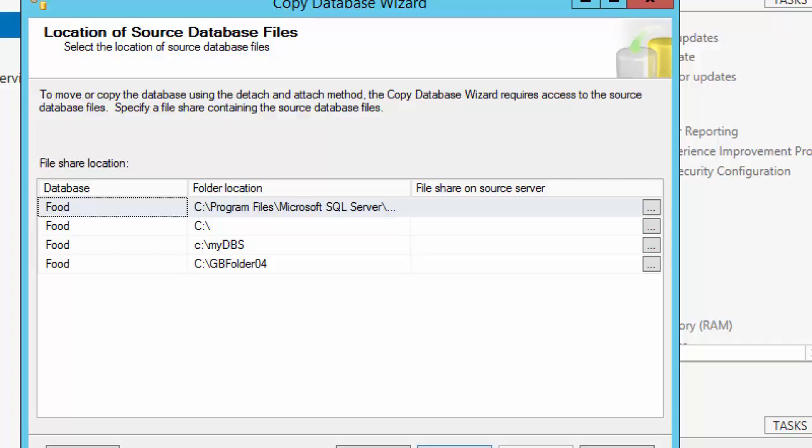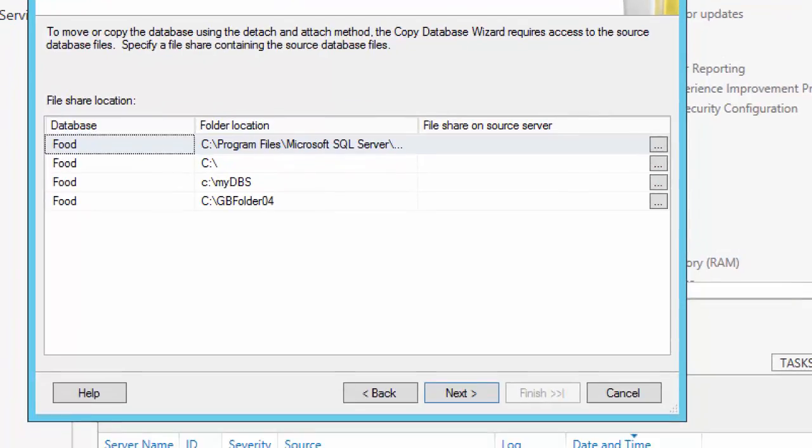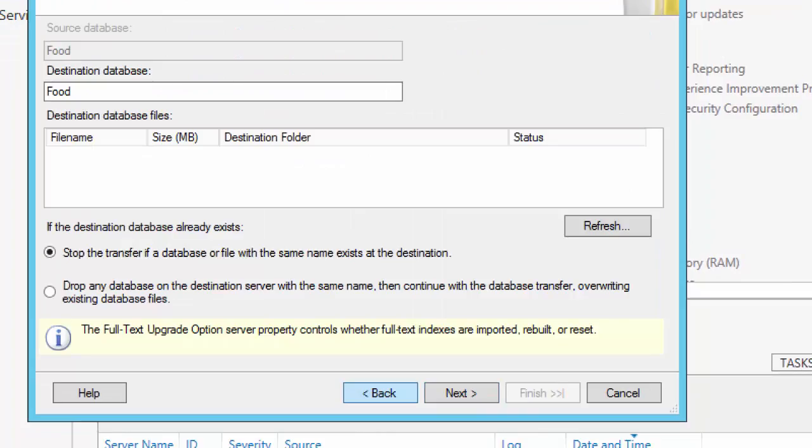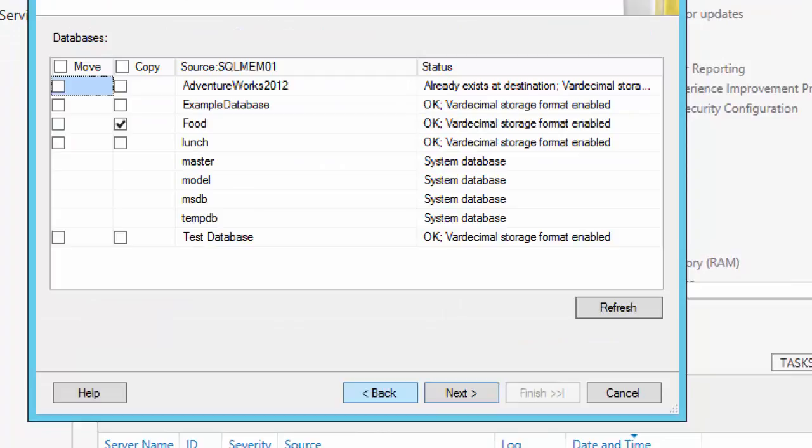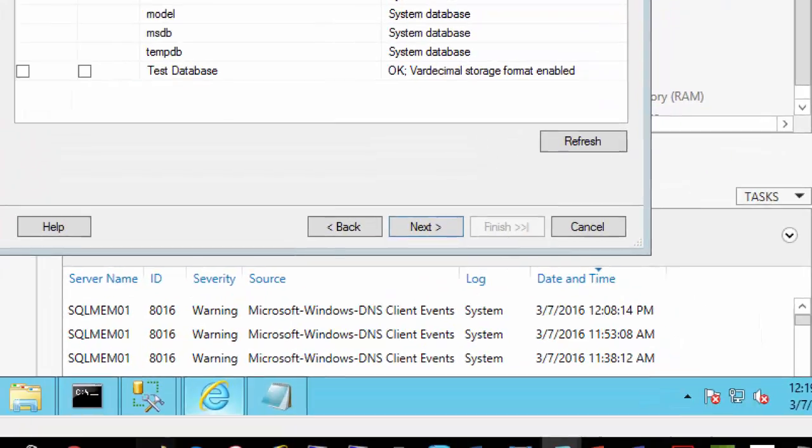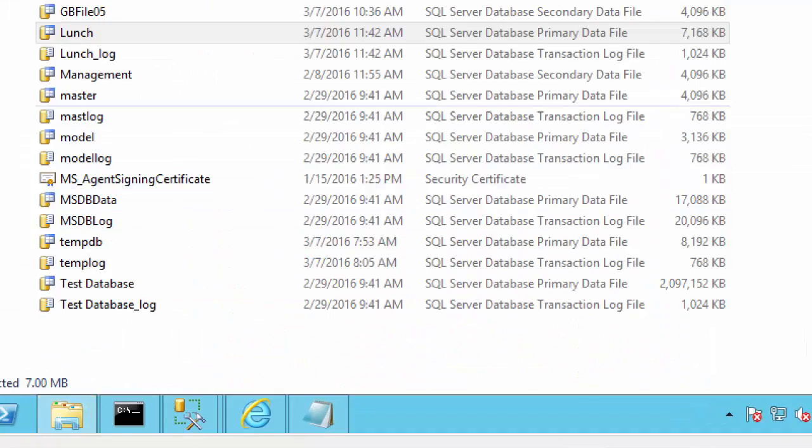And in our case, I selected the food database, but it has files all over the C drive, which I don't want. So if I go back and select some other, okay, lunch maybe, I guess the lunch database does not have files all over, but I'm going to check that now.